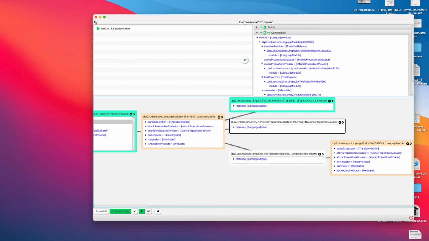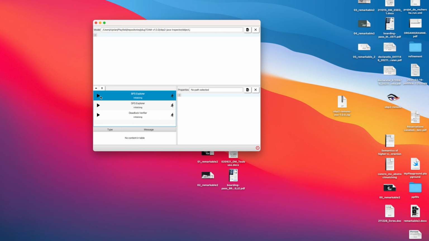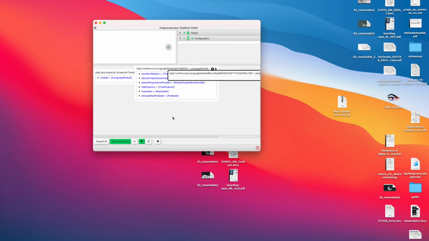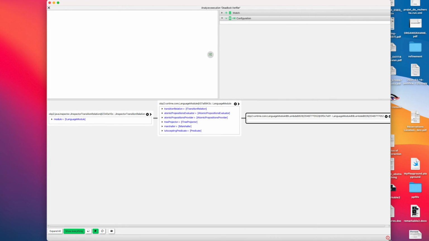So that's it for the interactive simulation. Now we can do an exploration of our object graph, and we can even check if we have deadlocks in our object graph. Basically, we get to an object which doesn't have fields, and indeed, in our case, we have this situation,